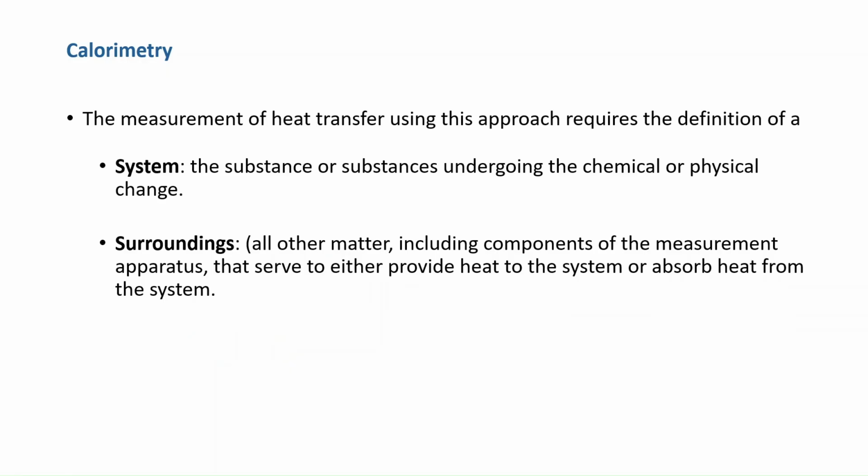Let me make sure that we get this straight. The system is the substance that's undergoing a chemical or physical change. It can be, like I said, a piece of metal that is very hot and you put it in a beaker with water. In this case, the piece of metal will be the system. Or it can be a chemical reaction. Let's say that you have hydrochloric acid and sodium hydroxide forming sodium chloride and water, those chemicals are going to be the system. Now the surroundings is everything that surrounds them